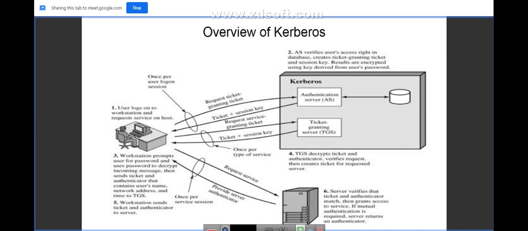The last two transactions, between client and server, happen once per service session. So there are 6 transactions between the three roles. Now let us look at each transaction one by one.